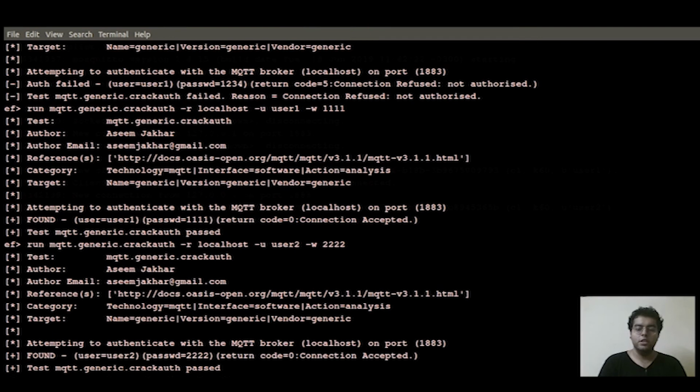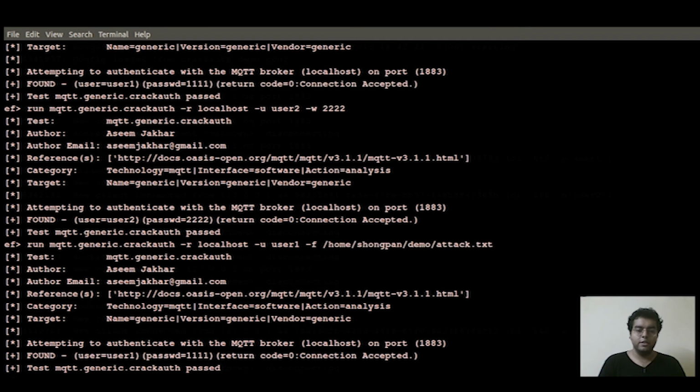Let's do it for user1 in the first attempt. I'll give it the path. Now we'll start the attack.